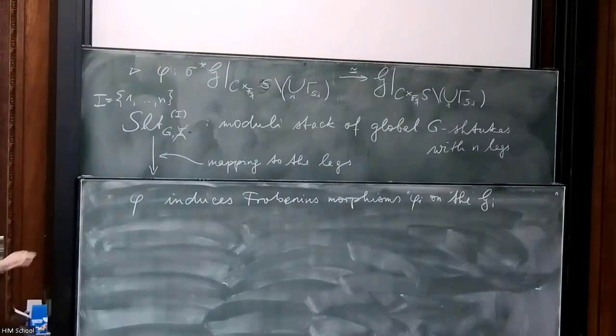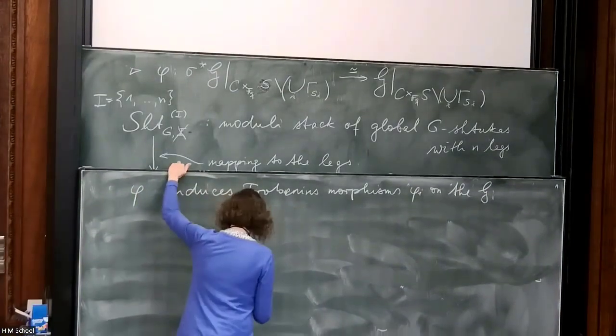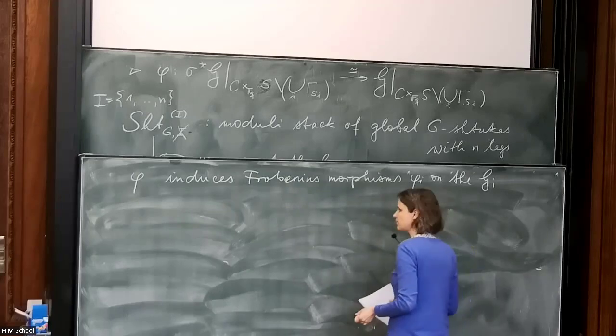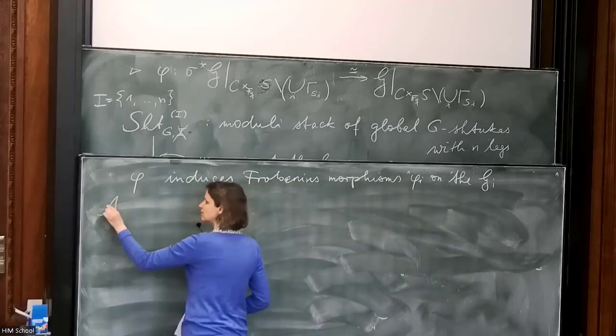Tracing through this construction, you get also that the Frobenius morphism induces Frobenius morphisms in this local setting. So altogether,